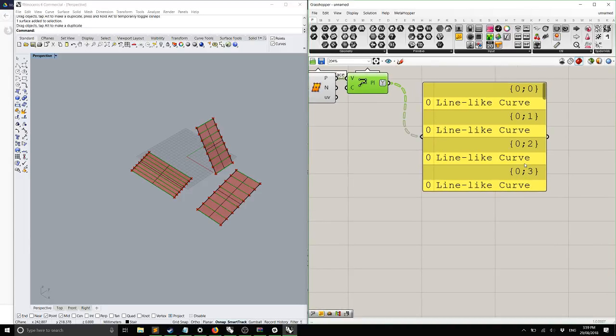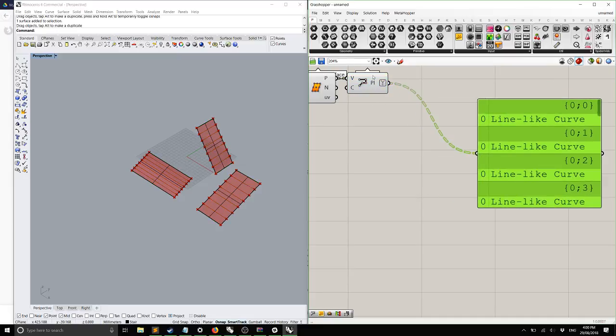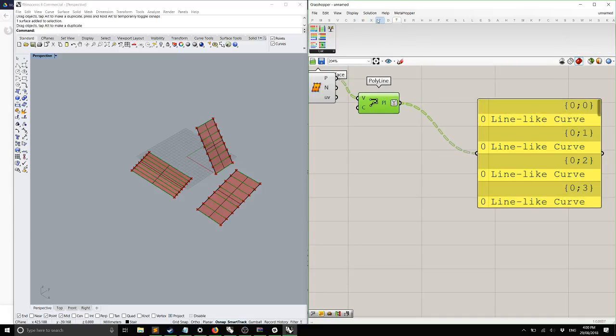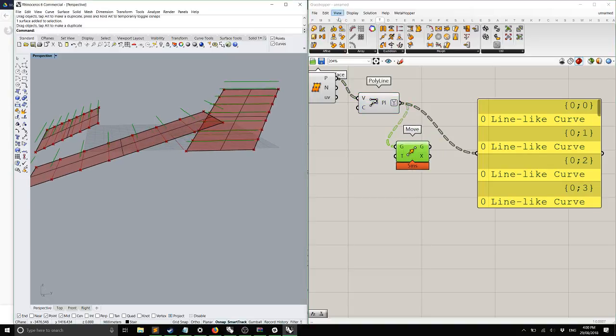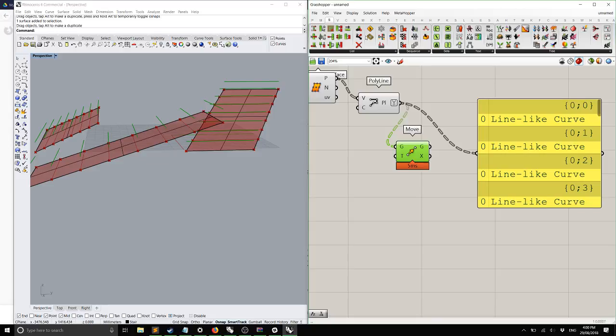Okay, guys. After simplifying it, what do we have? We have one item in each branch, right? Now, we don't want that. Remember when we made the stairs the last time? We needed those lists to be almost flat for them to weave together. We moved it up and then we weaved it and created a stair. In this case, if I move up these lines using a transform, and we'll just use the default Z vector, and I then do a weave to bring them together,